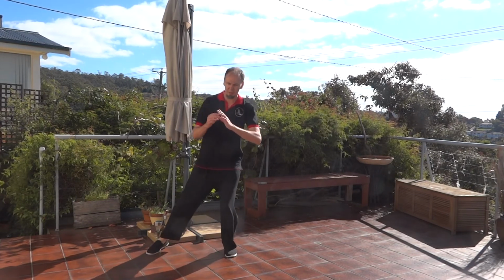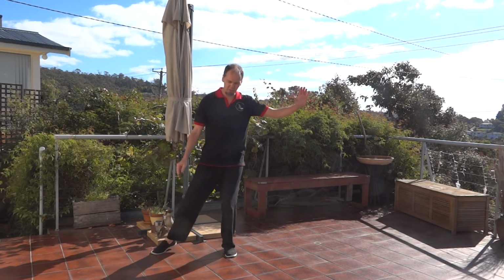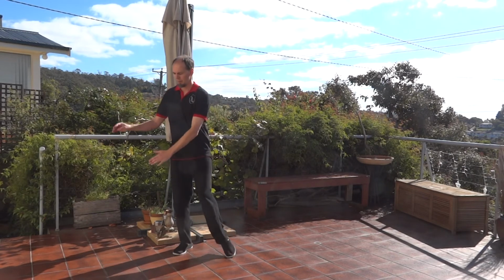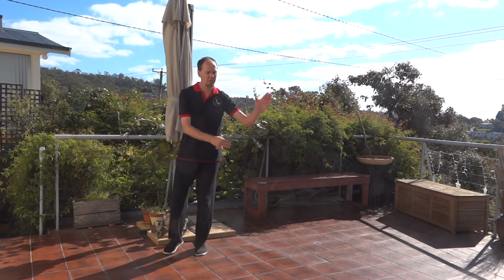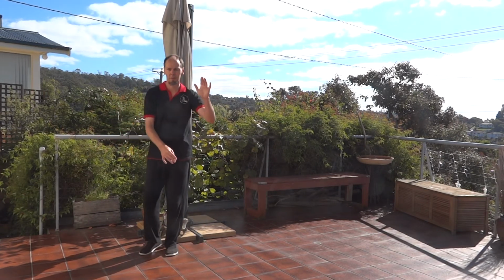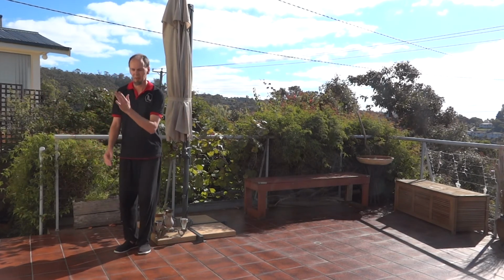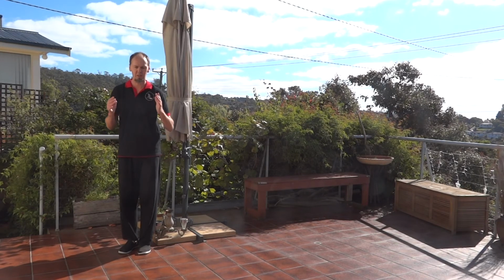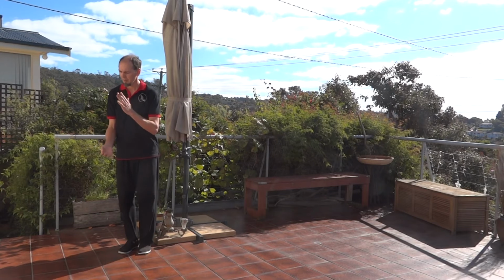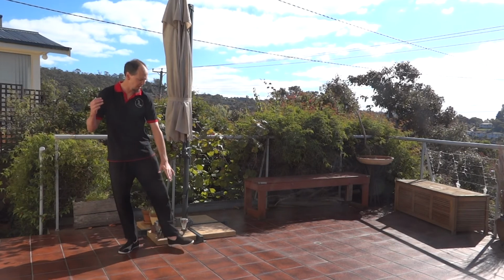We step out left, watching the one we're stepping away from. Left hand sinks down and across into cloud hands. 3 times. Back to centre. Left hand comes up, breath in to open, breath out to close. Sinking left hand down, bring that one back up, brush knee twist step,